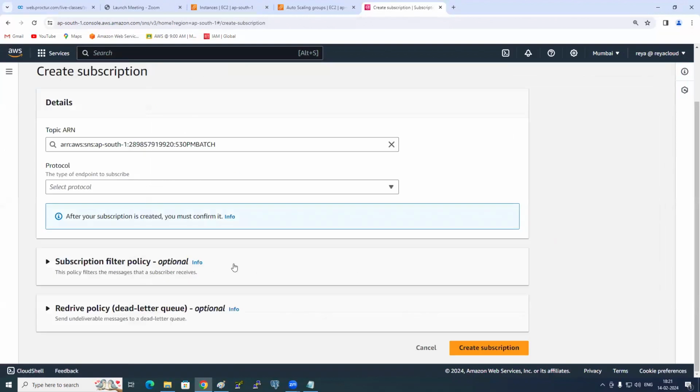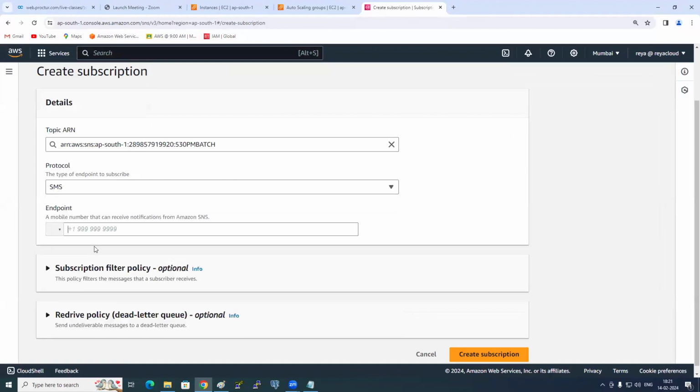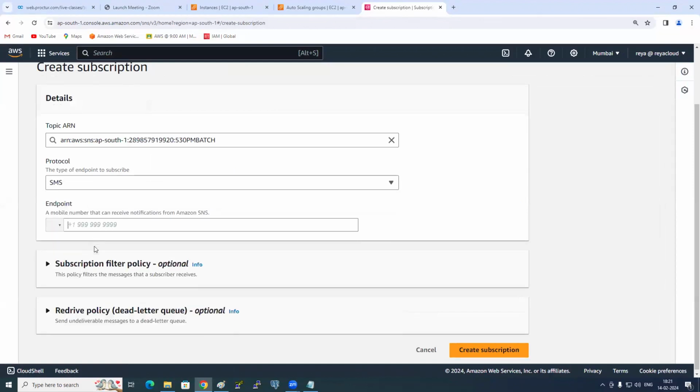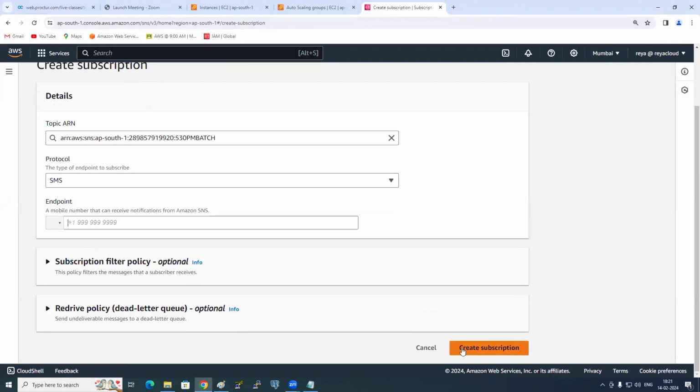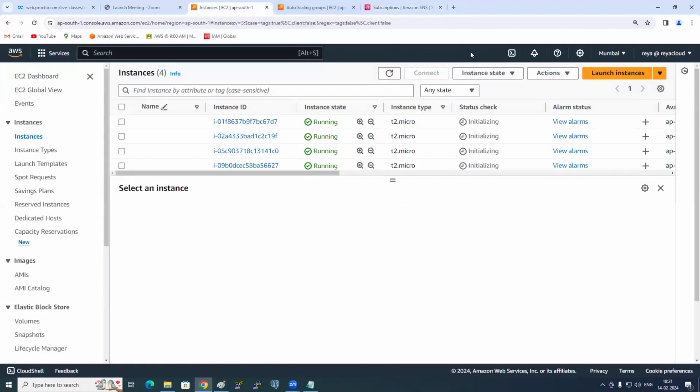If you click on create subscription, you can select SMS, email, whichever you want. If you choose SMS, give your phone number and then click on create subscription. Then automatically you receive emails or SMS. Abhilash, is that clear?